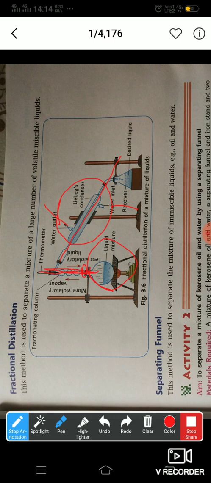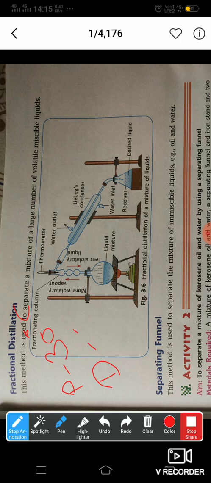Now, suppose here you have three liquids. First one is petrol, having a boiling point of 30 degrees Celsius. Diesel, 50 degrees Celsius. And kerosene, boiling point 80 degrees Celsius. This is just an example for us to understand.